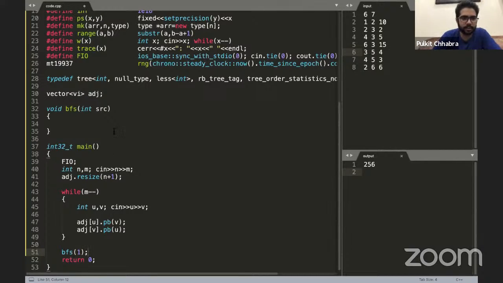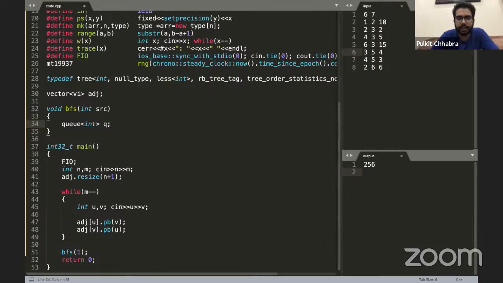So yeah, I'll just go ahead and discuss the BFS function now. So we have our source, right? And now, like we discussed, we'll need a queue of int to have an idea about what all things are there in the queue right now.